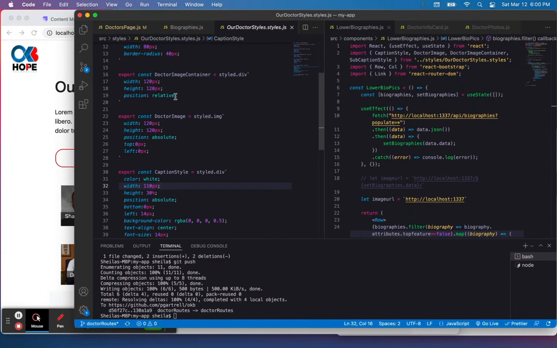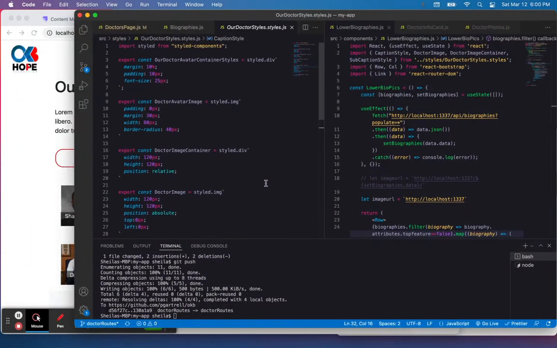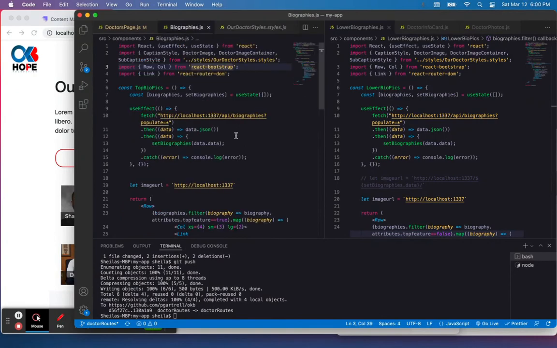There's an image container along with the image, and I just use very specific styling because they had a very specific look they were looking for. Okay, and then we're working in React, so I used the useState hook and the useEffect hook. The useState hook to work with the biographies, and then the useEffect to grab all the data from Strapi. And this was an interesting experience because